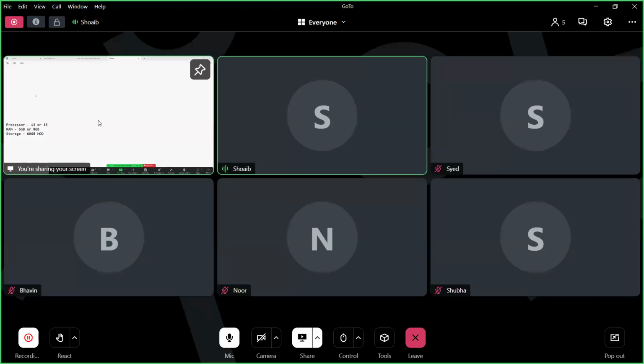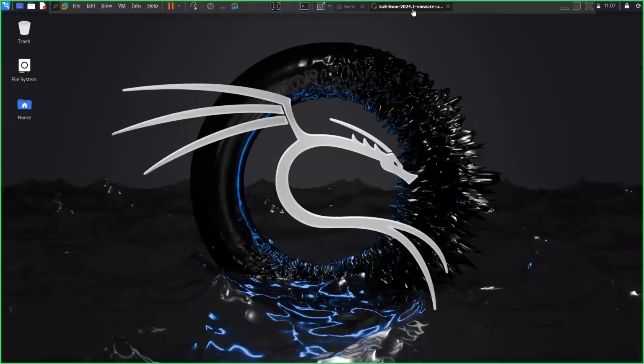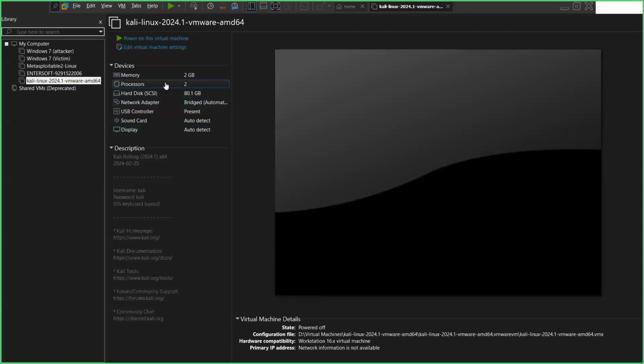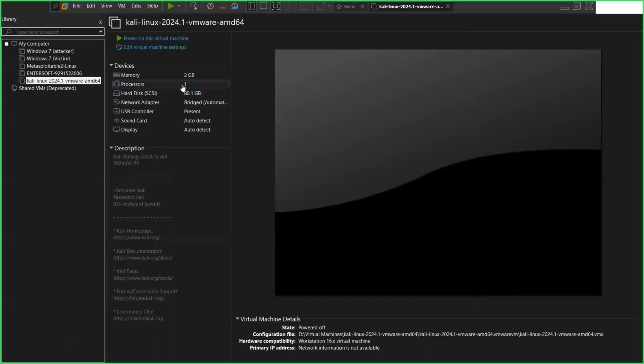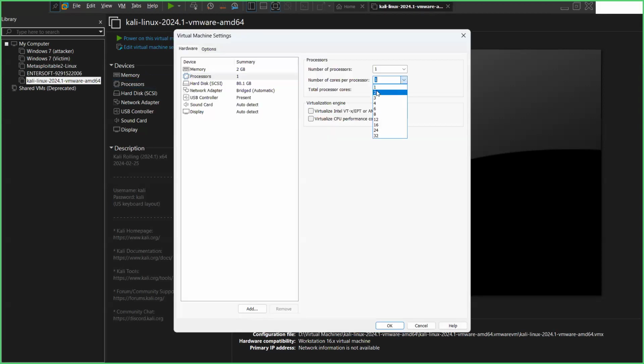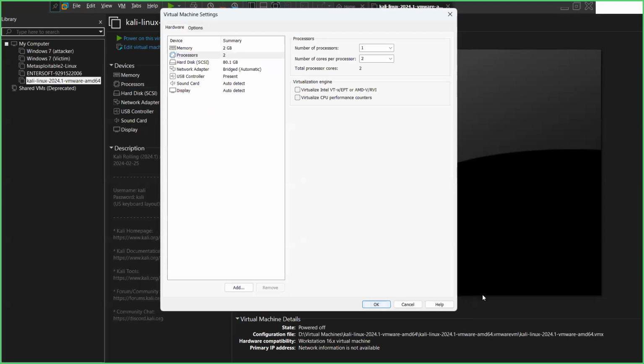No, by default it's selected as two over there, Noor. But once I've changed it, if you notice over here, processors is two because I'm assigning two cores over here. When I open this up, you can see the number of cores is two. If I change that to one as well, now you would see it shows processors one. So I'm assigning two cores, hence it shows two over there. One processor, two cores.